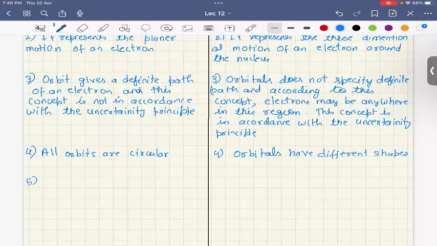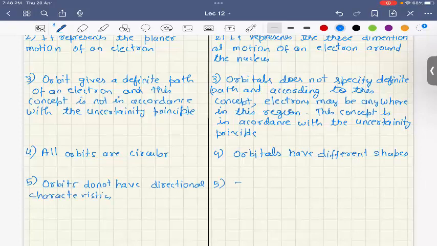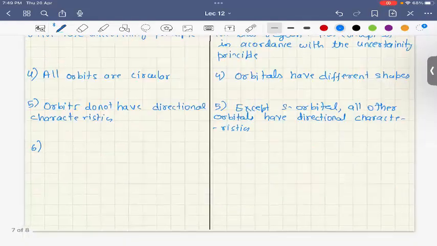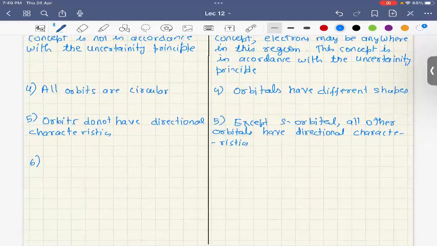The fifth point is orbits do not have directional characteristics, whereas except for S orbital, all other orbitals have directional characteristics, right? Orbits do not have directional characteristics, whereas except S orbital, all other orbitals have directional characteristics. The last point is an orbit can accommodate electrons equal to 2n square, where n represents